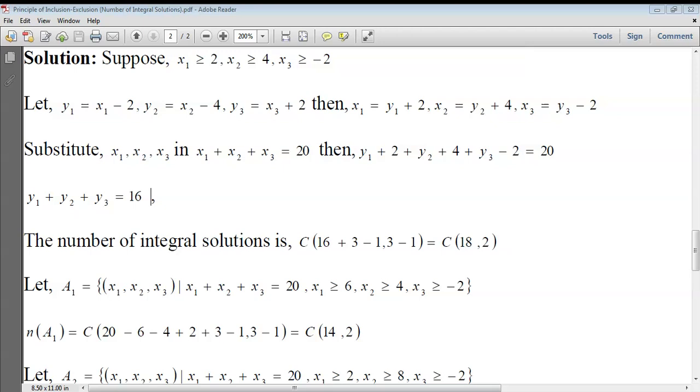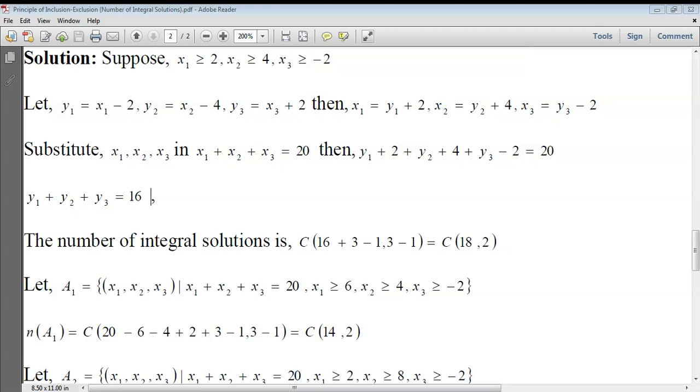Okay, so let us see the point again. If we want the values between the interval 2 and 5, that is the same as the values greater than or equal to 2 minus the values greater than or equal to 5, then you will get the values between 2 and 5. So this logic is applied to solve this problem. Previously we initially found the number of integer solutions for the equation under the condition x1 greater than or equal to 2, x2 greater than or equal to 4, x3 greater than or equal to -2. But we need the integer solutions under the condition x1 between 2 and 5, x2 between 4 and 7, x3 between -2 and 9. So for that we will use the same logic.